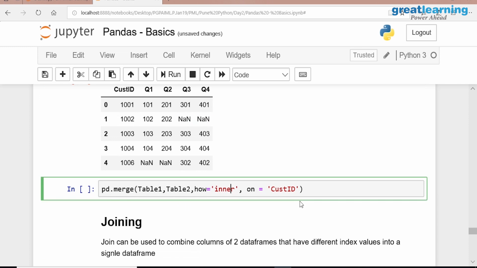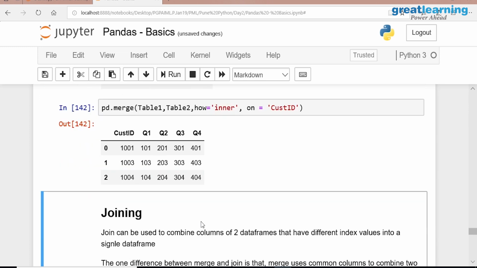But if you said inner join, what would have happened? Only those customers who have a match will be matched. You all understand what inner join and outer join are? What are we trying here? Based on a common column name, the value in that column, I am trying to find the corresponding match. This is called merging.